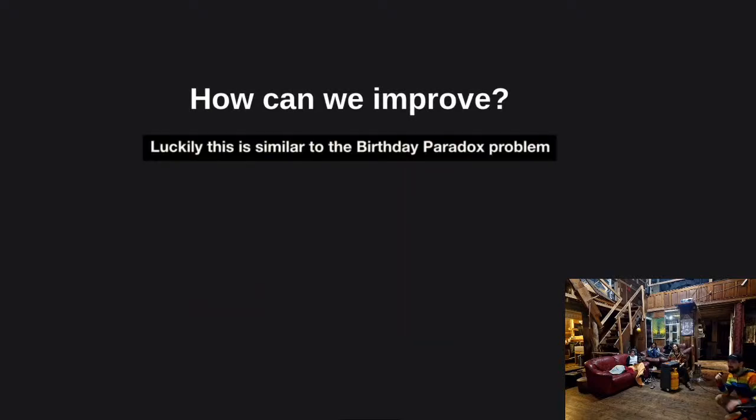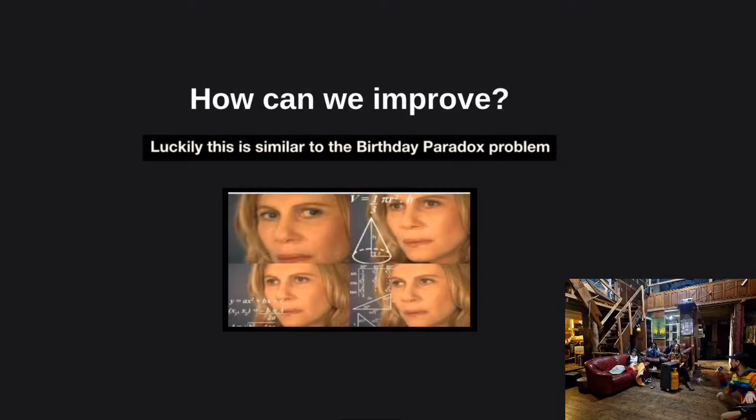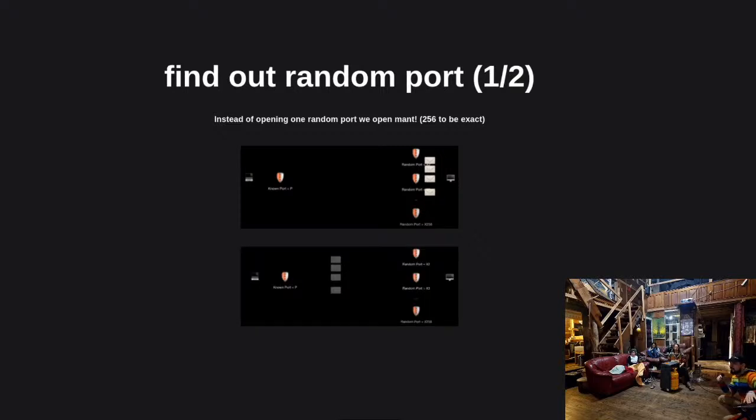Luckily, this is similar to the birthday paradox problem, which means if you do a little bit of math, instead of opening just one port, we open many in parallel, like 256. That's what we want to try. Which means we are sending out a lot of messages to the same peer on the other side, so we get a lot of different ports that we open. On that side, it will be the same router, but different ports that are open. And then on the other side,